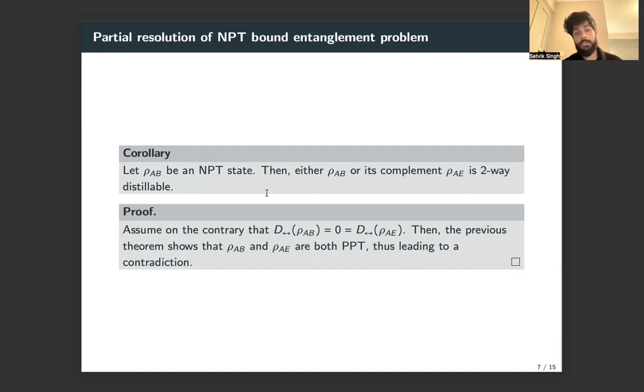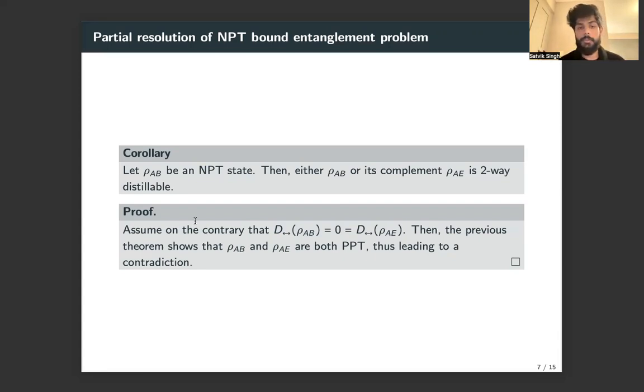Well, if you assume on the contrary that you cannot distill entanglement from both rho AB and rho AE via two-way LOCC, then from our main result, we just saw that this was equivalent to both the reductions being PPT at the same time, which immediately leads to a contradiction because we assumed that rho AB was NPT to begin with. So this shows that if you have an NPT state, then even if you cannot distill entanglement from the state itself, you can do it from its complement. And so this is a partial resolution of the original bipartite formulation of the